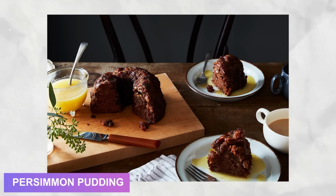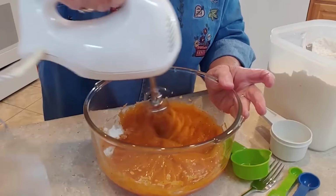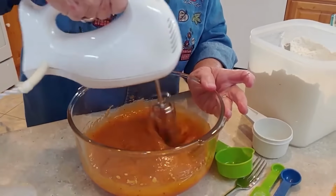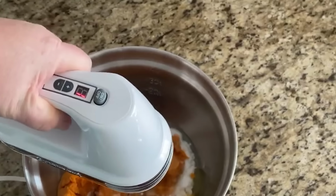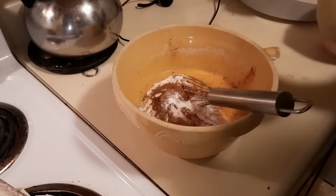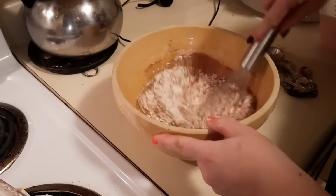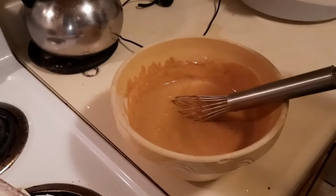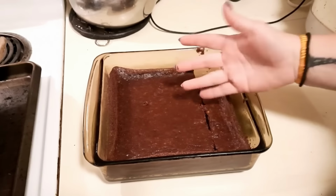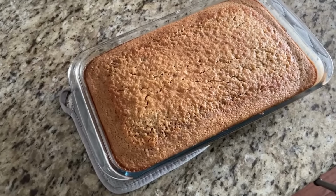Persimmon pudding was the Christmas dessert that depended entirely on finding perfectly ripe wild persimmons, a fruit that rewarded patience but punished impatience with mouth-puckering astringency. Families in the Midwest and South knew to wait until after the first hard frost, when persimmons softened into orange globes of concentrated sweetness. The pulp was pushed through sieves to remove seeds and skin, creating a thick puree that